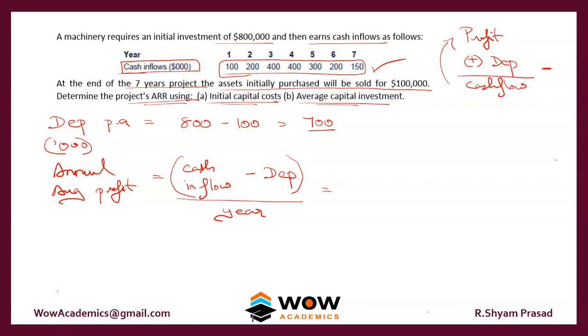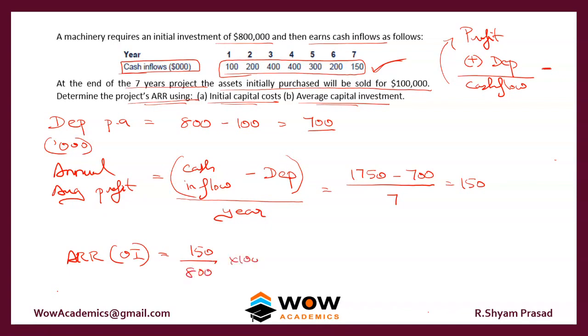So the total cash flows comes to 1750 minus the depreciation is 700 divided by 7. So the answer comes to 150. So that is the annual average profit. So we'll do ARR on original investment method. So that comes to 150 divided by 800 into 100 will give you the answer. So the answer comes to